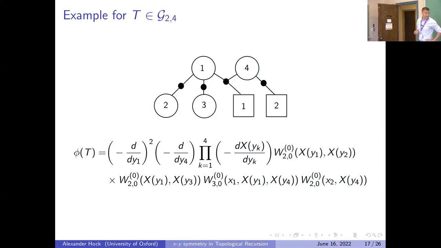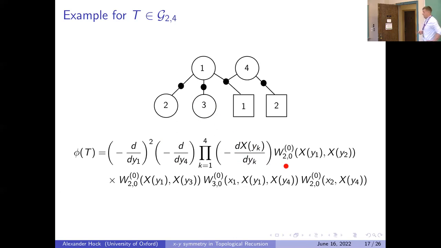I have one example, because otherwise it's quite weird just to state it. So let's look. Here we have 4 round white vertices and 2 square white vertices. The first one has valence 3, so we have to take the second derivative with respect to y_1. Here we don't have any derivative, so we have the 0th derivative. Here we also have the 0th derivative. Here we have the first derivative with respect to y_4. Then we take the product of all dx(y_k)